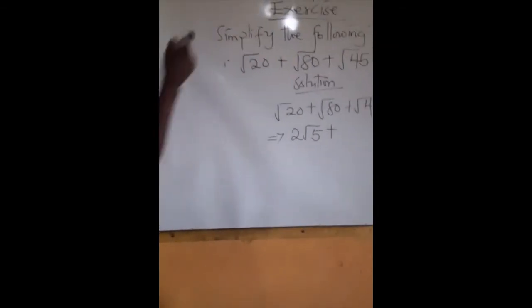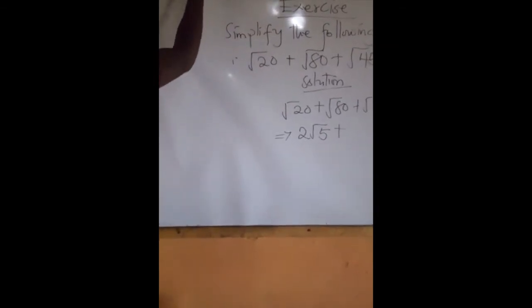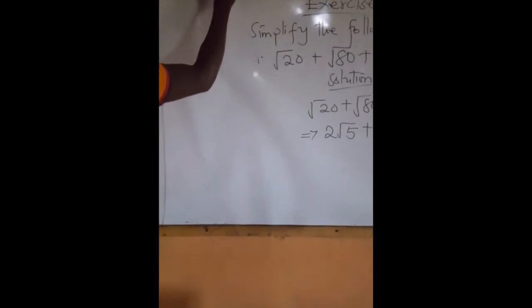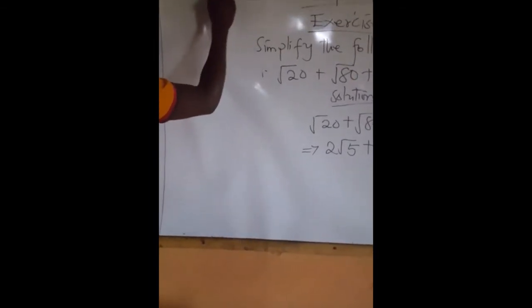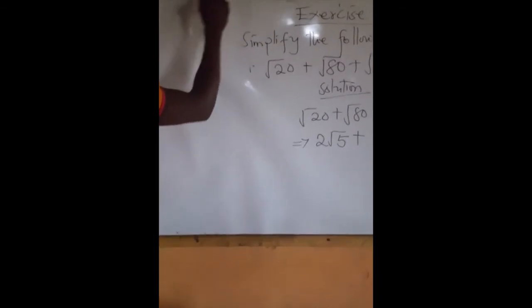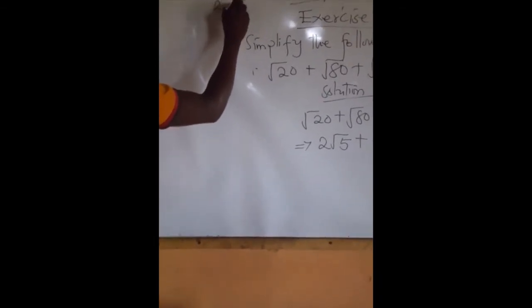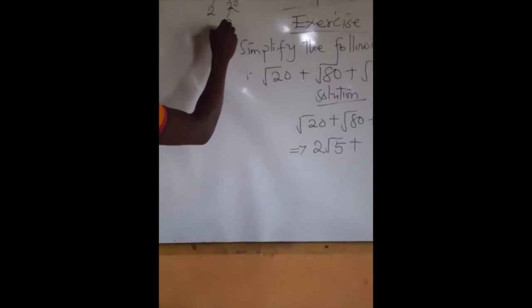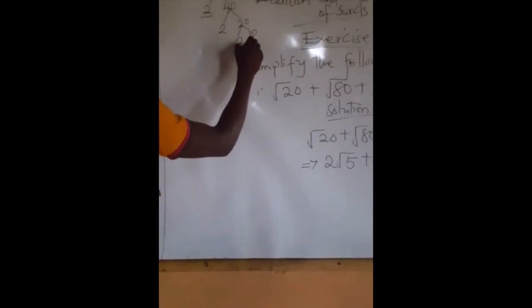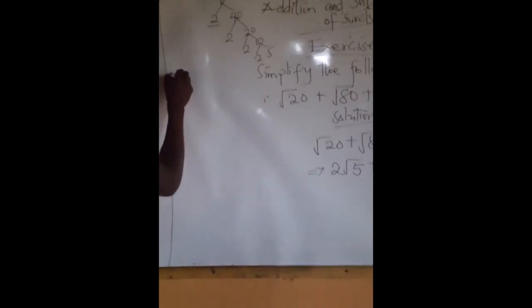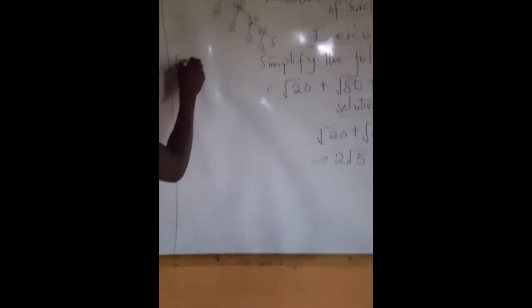So we have 80. So we are going to get what? 2 multiplying 40. 2 is a prime number, this is not a prime number. So let's break it down. We are going to get 2 and 20. Let's break 20 down to get 5. We are going to get 2 and 10. Then this is also going to give us 2 and 5. So it means root 80 is going to give us